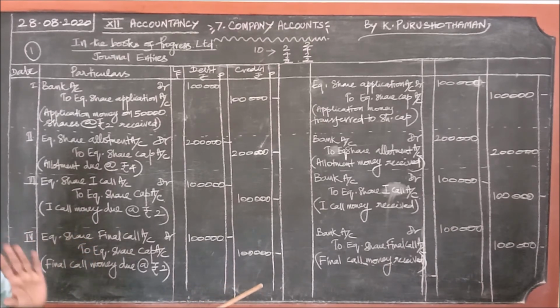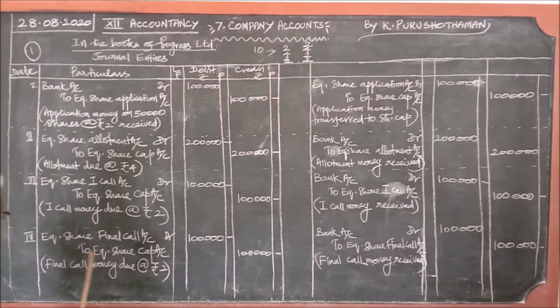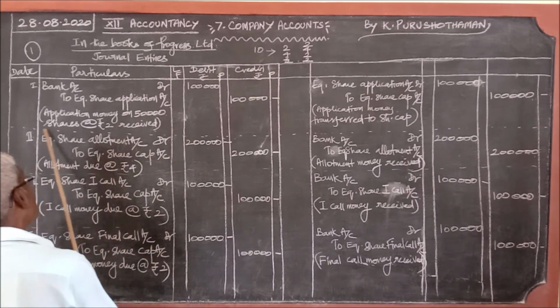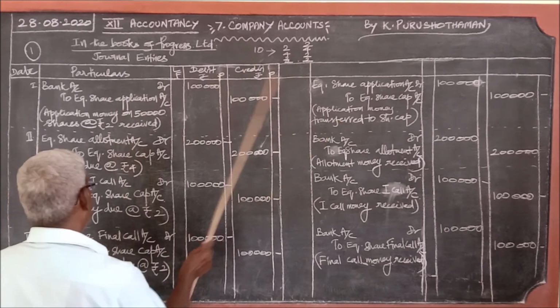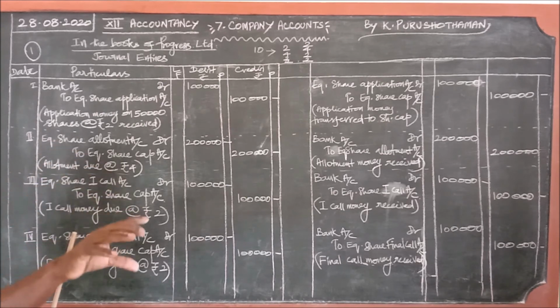You pay the first call money. For that, this journal entry. If you pay the first call money, this one. Then the same thing for the final call. To pay the final call amount, you will be sent a letter, and for that, this journal entry. If you pay the final call money, this journal entry. Therefore, in the first stage, you pay the money first, then transfer. But from the second, third and fourth stages, you are sent a letter.